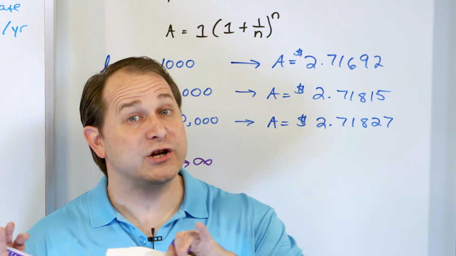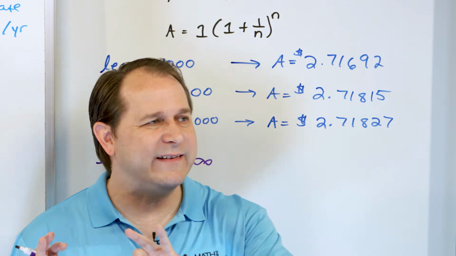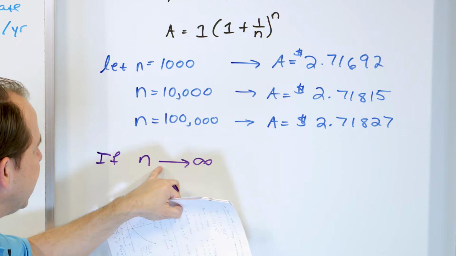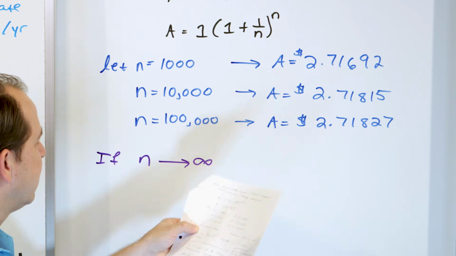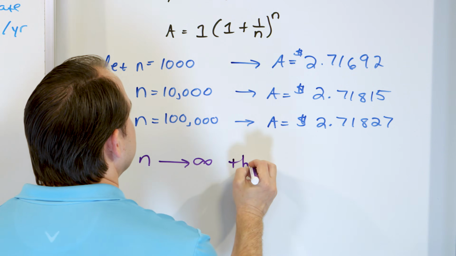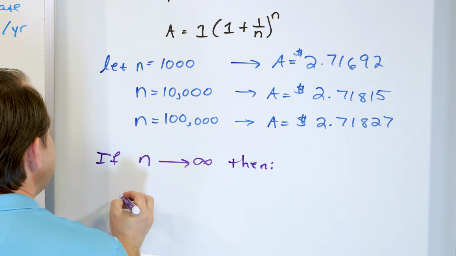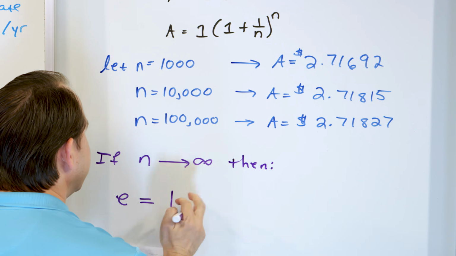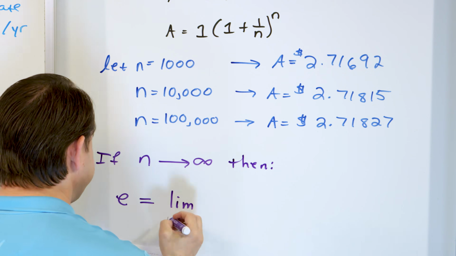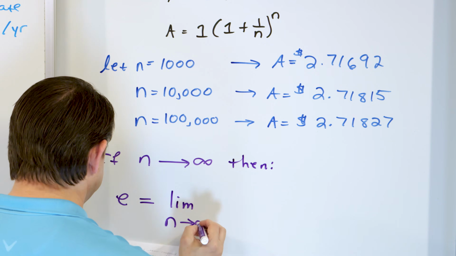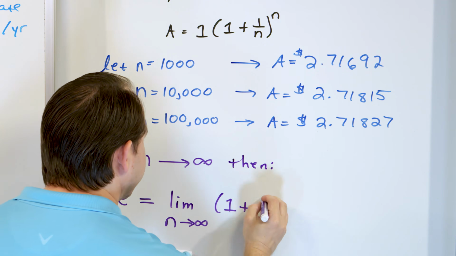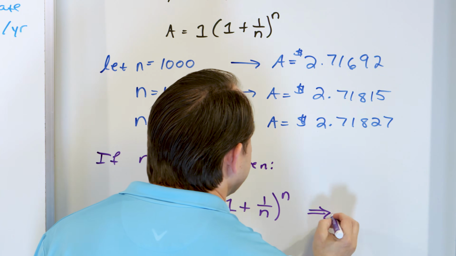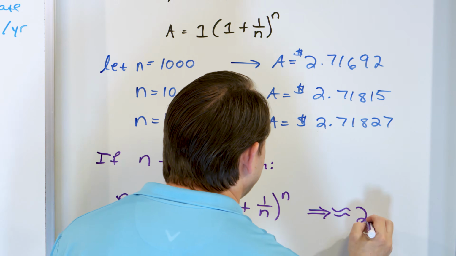The number infinity is not a number. I keep saying the number infinity, it's a concept. It's the largest possible thing that you never ever get to. But we can still approach infinity by letting n get larger and larger and larger. If we let n approach infinity, then the number e ends up becoming, by definition, what we call in advanced math, the limit as n approaches infinity of (1 plus 1 over n) to the power of n. And this is approximately equal to